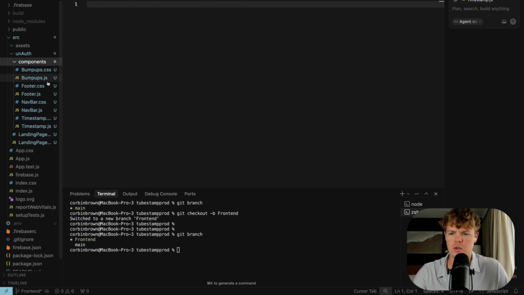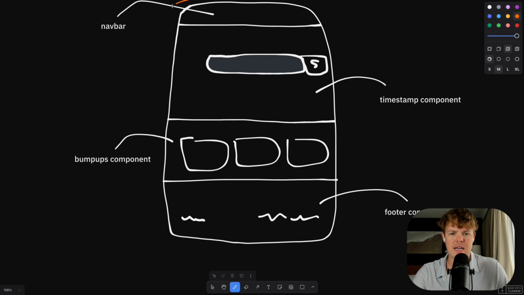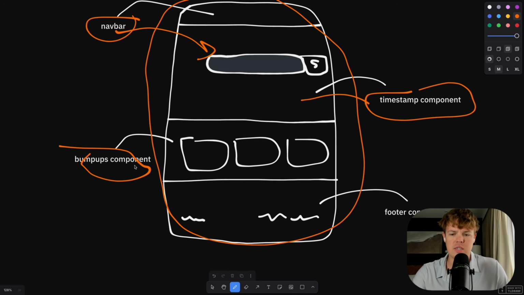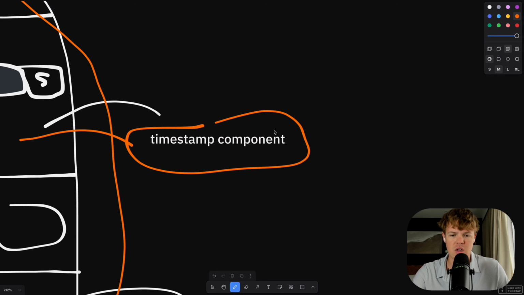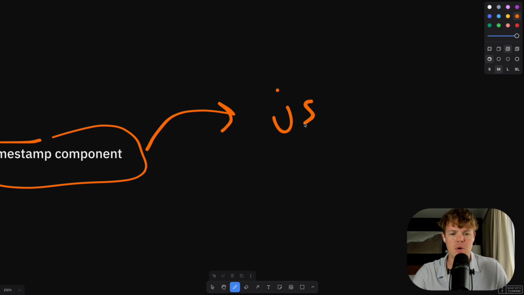So we got our components folder here, and then we got our landing page. The landing page here is going to be this entire thing. And then what you're going to notice is that for each component, we're going to render it onto our landing page.js. But then the actual component itself, for timestamp component, this is going to be when we go to that timestamp component.js